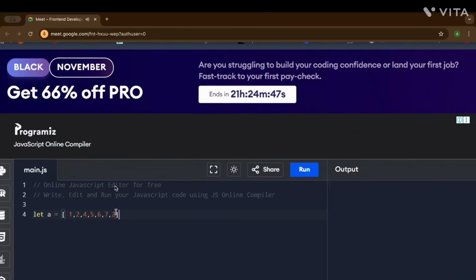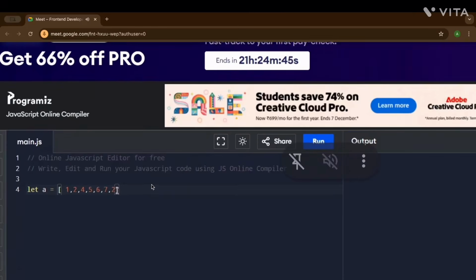This is our problem, and we have to find the element whose occurrence is more than twice. And ma'am, we are guaranteed that only one element occurs more than twice. So first we traverse and find the two.